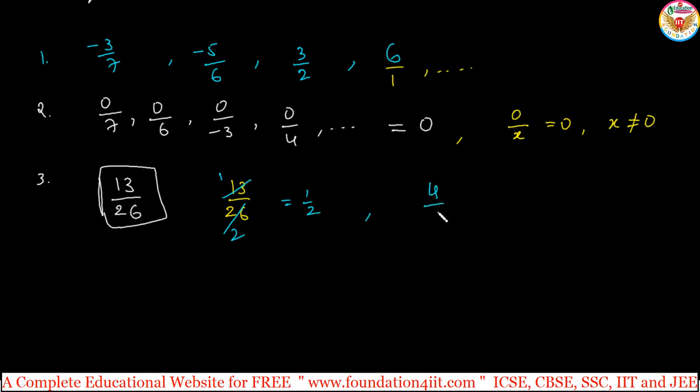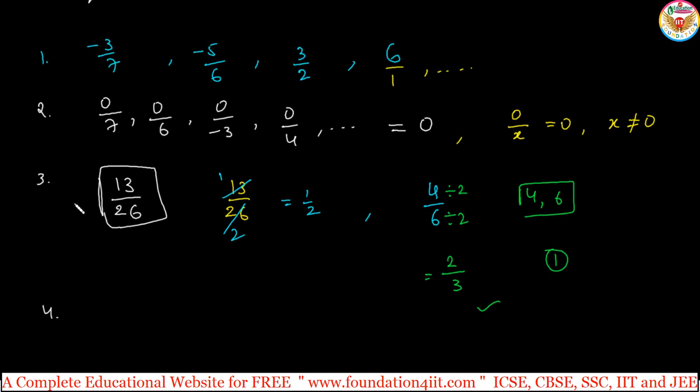Say, for example, 4 divided by 6. 4 by 6 is a rational number, but 4 by 6 is not in standard form. That means for 4 and 6 there should not be any common factor. So we can divide 4 by 2 and 6 by 2. 4 divided by 2 is 2, 6 divided by 2 is 3. For 2 and 3 there is no common factor except 1. Except number 1, there should not be any common factor, then that is the standard form of a rational number. We can multiply or divide with any integer and the value does not change, but in standard form there is no common factor. So these are the basic things.